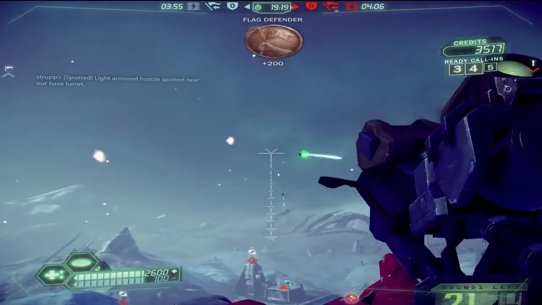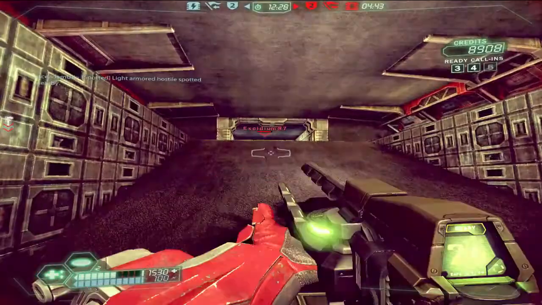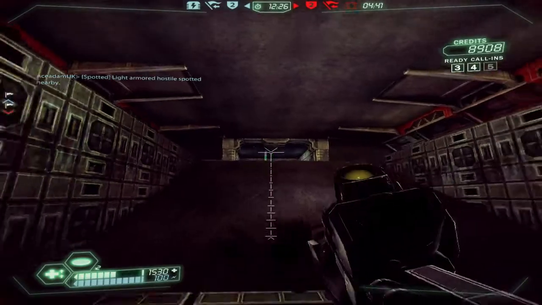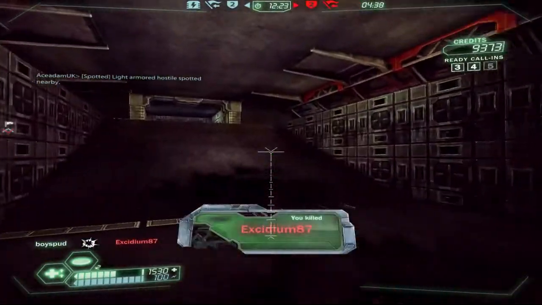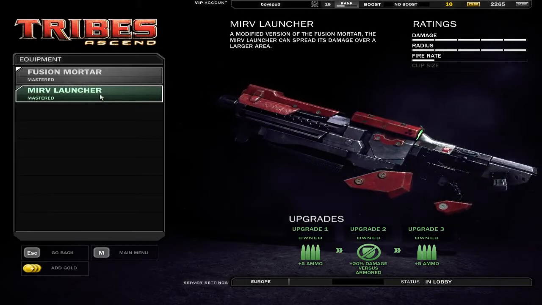The mortar can also be used though up close. It can bounce off walls in close range to you and can be shot along the ground in order to take guys out nearby. The second weapon that the Juggernaut gets, and this one you have to buy, is the